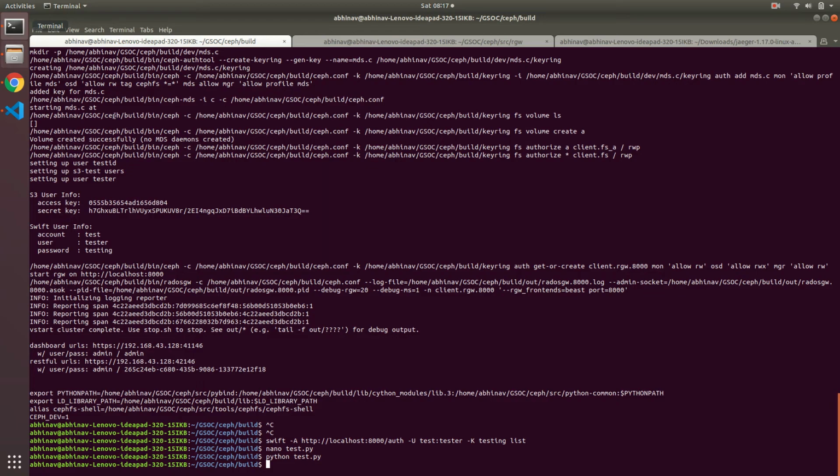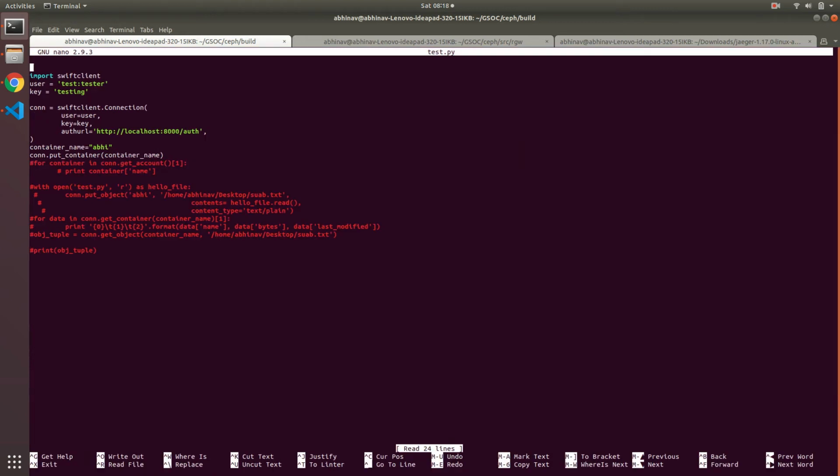So now I will do one more request. I will have to edit the Python file. Now I'm going to put an object in that bucket. My object file is the same as this test.py, which I am using to test and give clients a request. So let's do it.